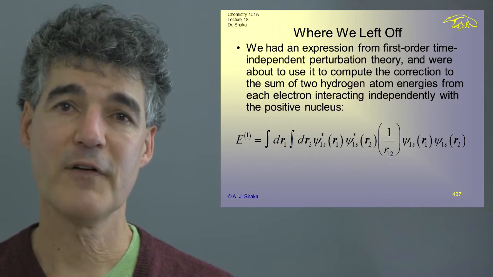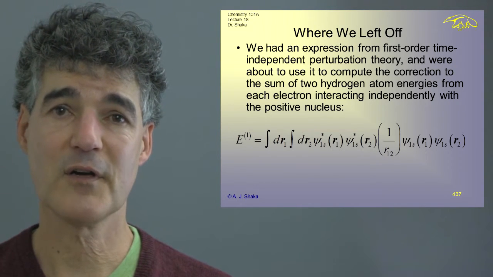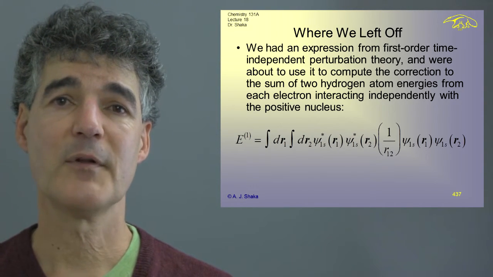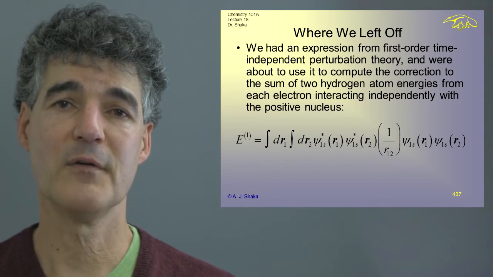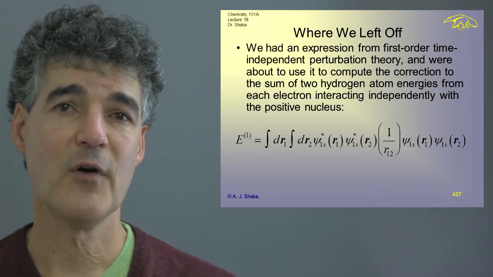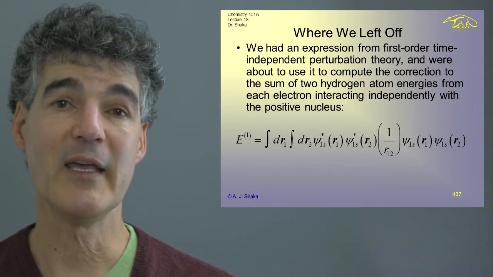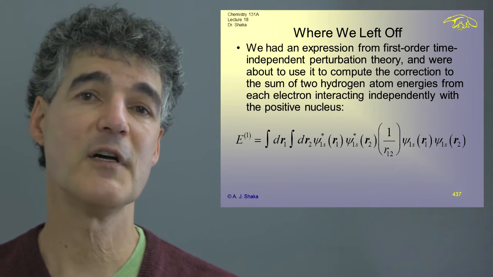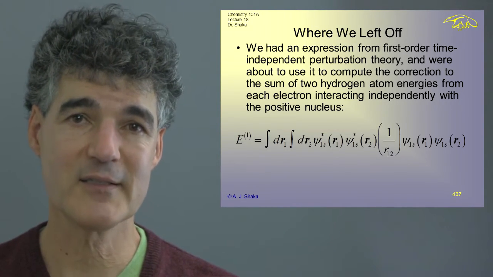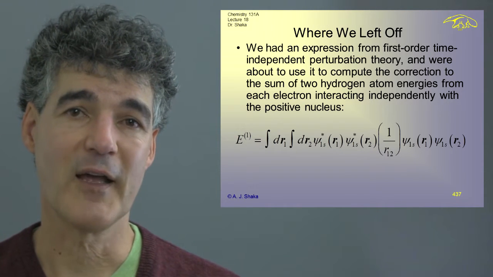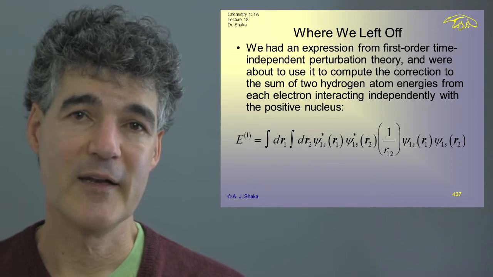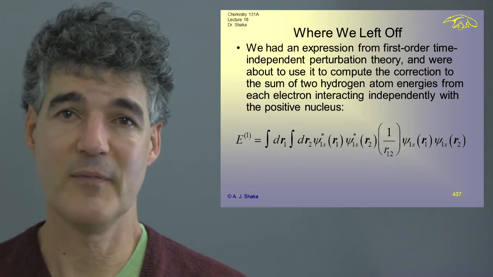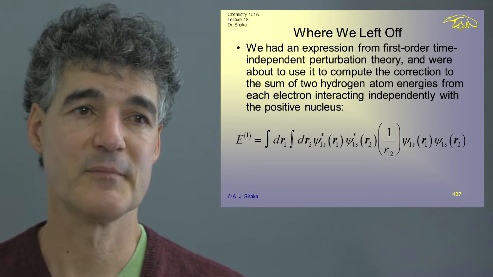And the thing is, the wave functions themselves are functions of the coordinates r1 and r2. And therefore, I have to be able to express 1 over r12, the distance between them, in terms of only r1, r2, and maybe some other coordinate that I'm integrating over, because I can't integrate a function if I don't know the functional dependence of the integrand. I can't just have some variable in an integral that's y and I don't know how y depends on x, or if it does, then I can't do the integral with respect to x.